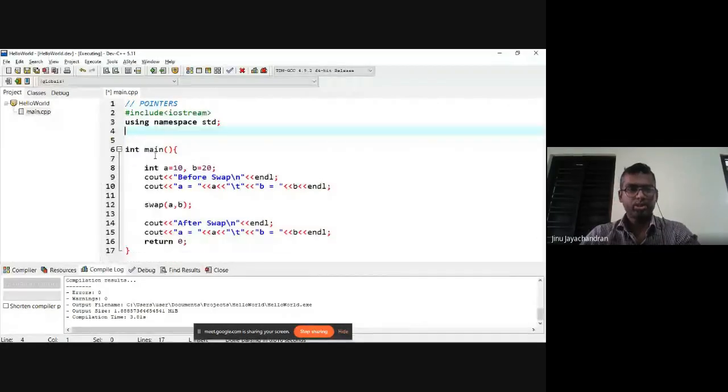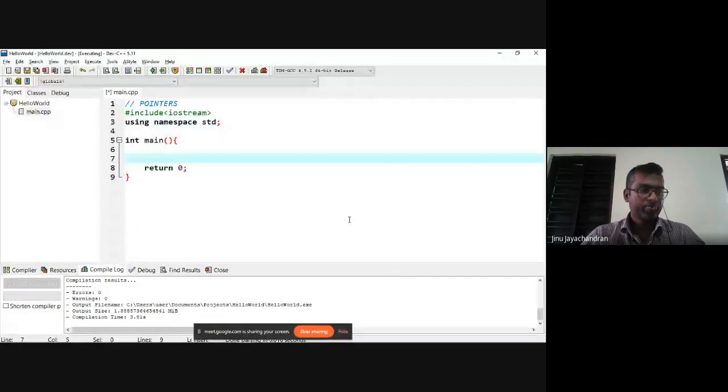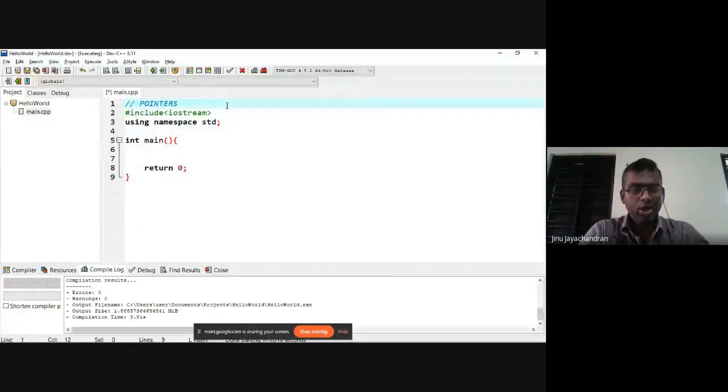Then we're going to look at something called pointers to objects.